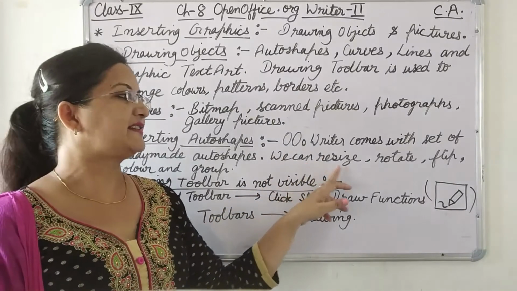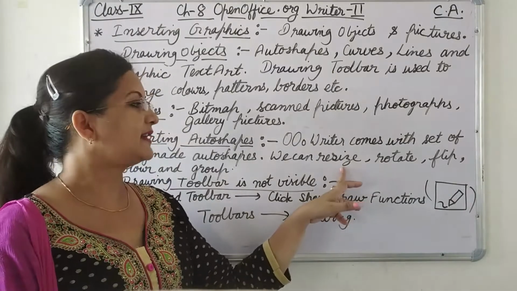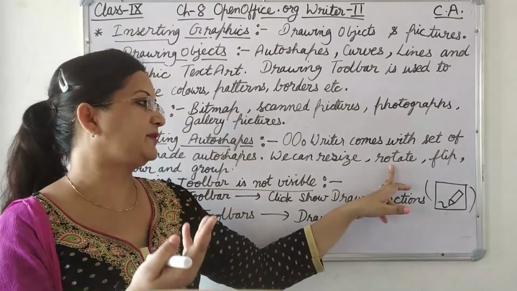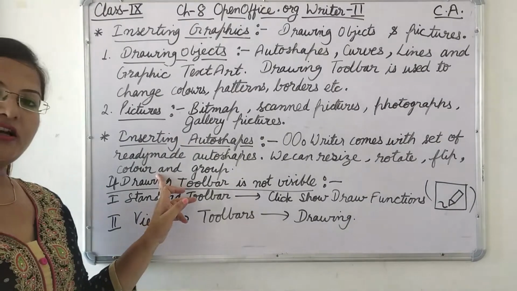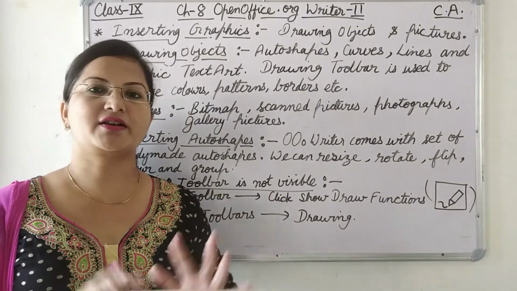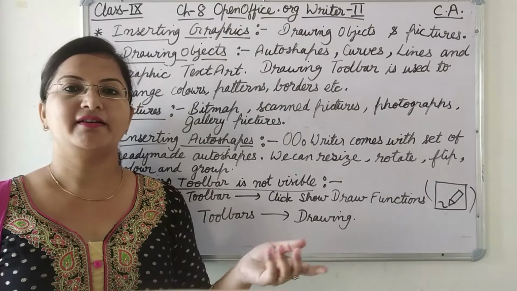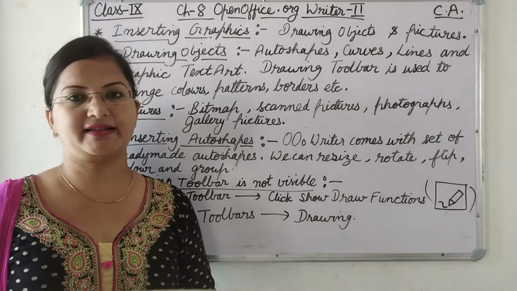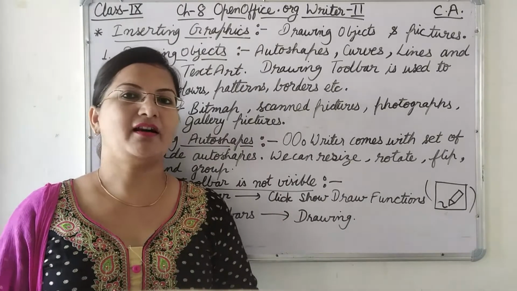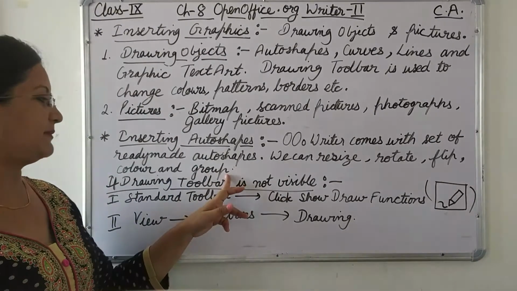After selecting, if we have inserted an auto shape, means a shape in our document, then we can resize the shape, or we can rotate the shape, or we can flip the shape. We can change the color of it, or even we can group shapes to make a complex image. Like if you have created a car, to create a car in Writer you need some triangles, rectangles, squares, circles, etc. And then you will have to group all those images to make a single car. That way a complex diagram can be created, a complex picture can be inserted.